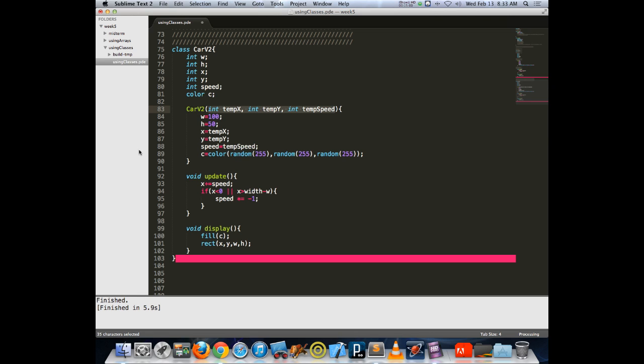But the reality is most class objects, as your programming gets more and more sophisticated and advanced, every time you construct an object, you will have half a dozen or more parameters that you are then passing into that object. So you say, I want this object to be here, I want it to have these qualities, I want it to look like this, I want it to use this image, and you pass all of that in,